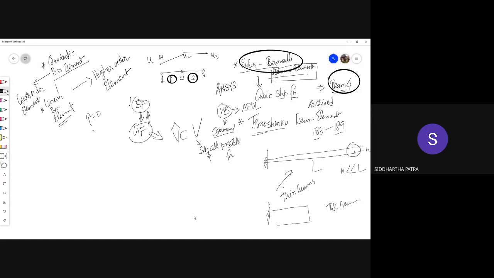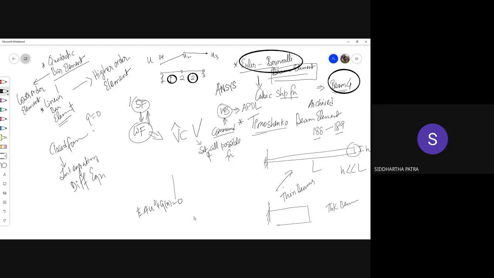Because to have a closed form solution, the type of solution that we get by integrating the differential equation, that is not possible for most of the problems. Indeed, that is possible for bar type of geometry. I mean, whatever the function q may be, I can still integrate this quantity, right? I can always integrate this.